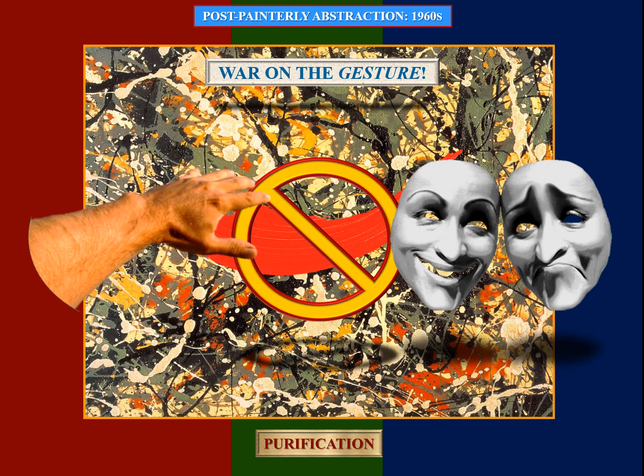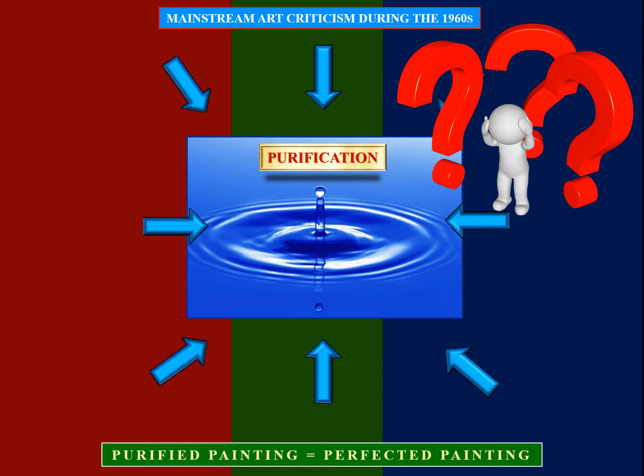And also because the gesture is so expressive, so emotional, that too brought in contamination. What do human feelings and psychology and all of the mental package that humans have, what does that have to do with a purified, perfected painting? Well, nothing. So they eliminated the gesture. Right, purification, anything that was contaminating the most strict definition of a painting, paint on a flat surface, was eradicated from the painting process.